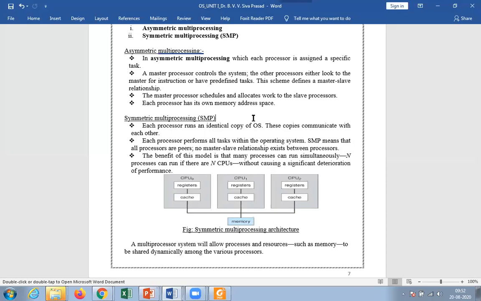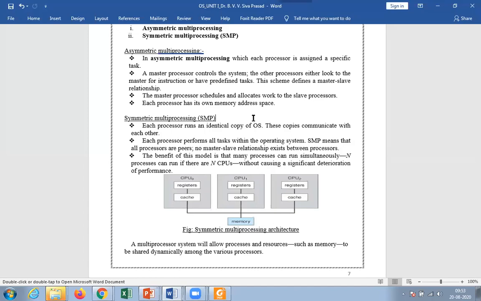It stops these two processes and gives priority to the operating system, because whenever we are going to do any work in our system, the operating system plays a crucial role. So the slave processors are going to stop by the instruction of the master.